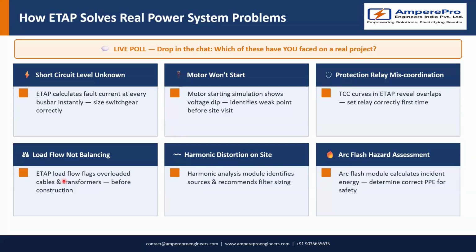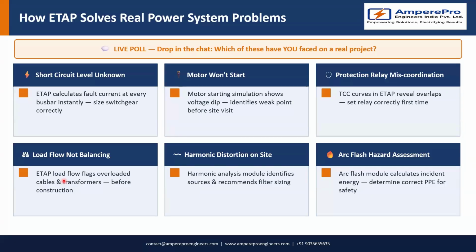So ETAP decides the safety constraints and how quickly you are able to clear the fault, and based on these it calculates the incident energy because of the arc fault, and ETAP gives how much incident energy, and also it provides the